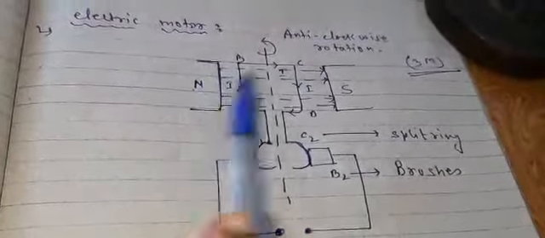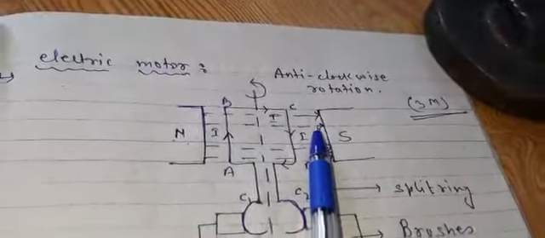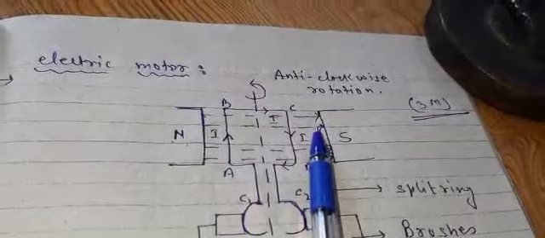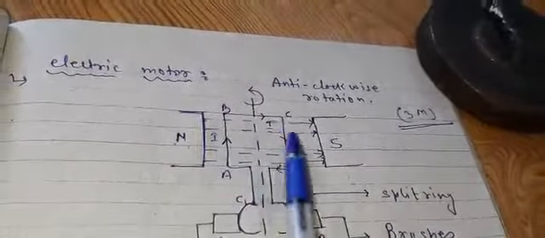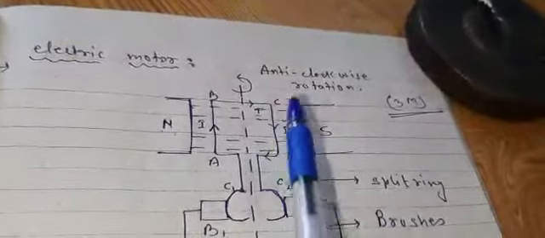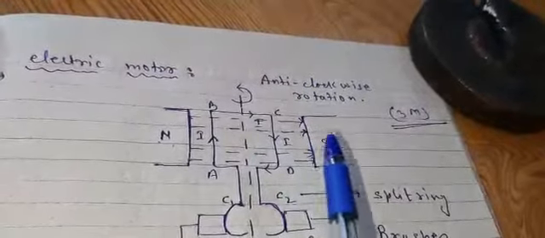So what will be our first part? The first part is the field magnet. And what is the role of the field magnet? The field magnet provides a very strong and constant magnetic field within this area. They create a constant and uniform magnetic field in this area, right? Now move into the next part.